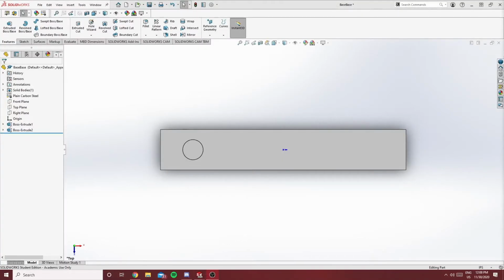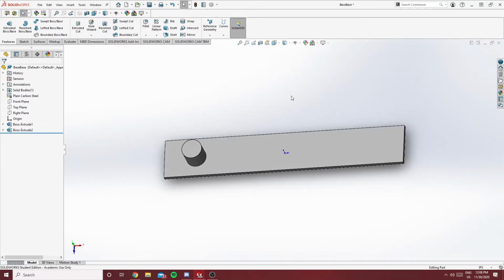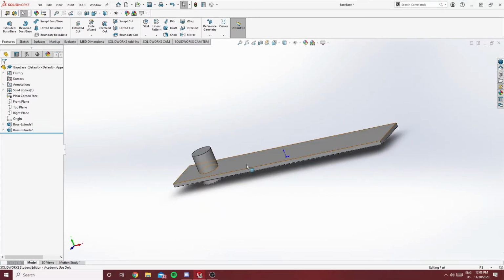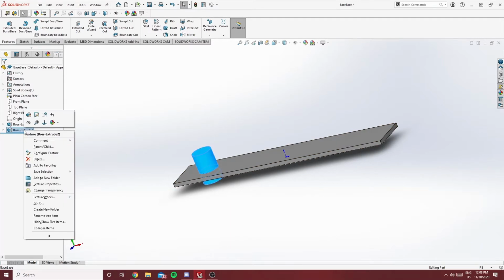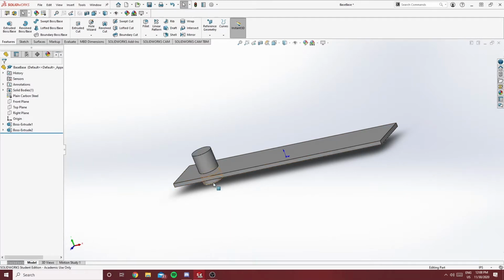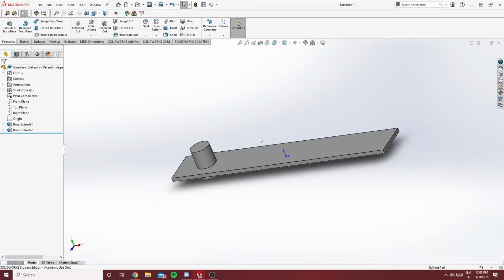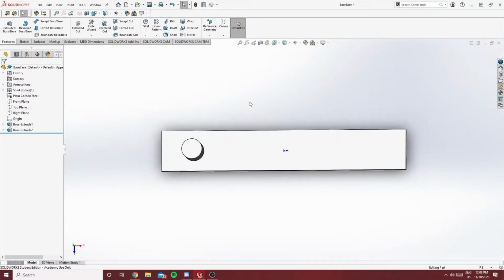Today I want to talk about dragging features and copying features in part and assembly environments. So we're going to start in the part environment, and I have this part, which is just a thin piece with this one boss extrude right here that's two directions. To be able to do this, we want to make sure Instant 3D is selected, and this allows us to actually move around